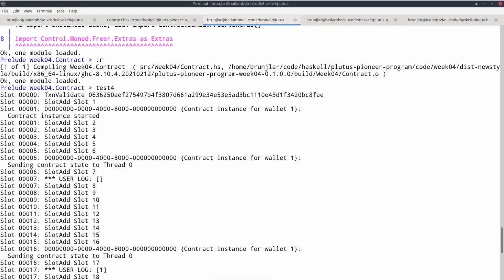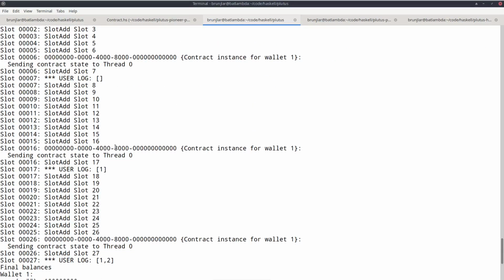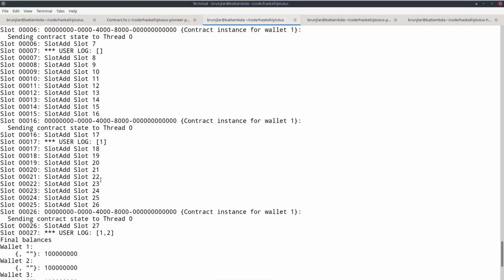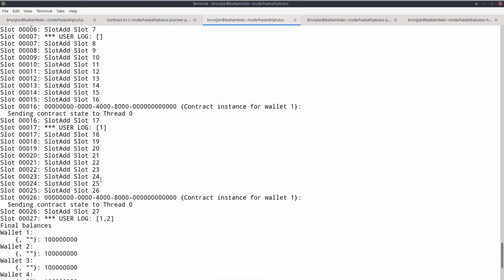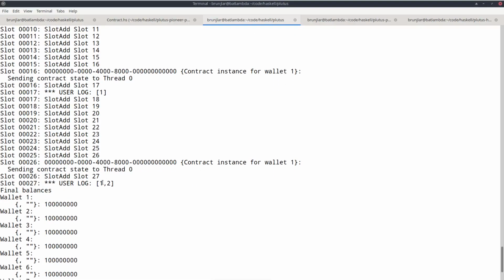So before we use tell, the state will be the mempty of the monoid. And as I explained, in the case of lists, the mempty is the empty list. So before there has been any tell, the state that we observe with the observable state will be the mempty, the empty list. So now by slot 10, the first tell happened, where we wrote the list that contains just 1. So if by slot 15 we observe the state again, now we get the list just containing 1. Wait another 10 slots. Here in the middle, the second tell happened. The list just containing 2. And now we get the list containing 1 and 2.